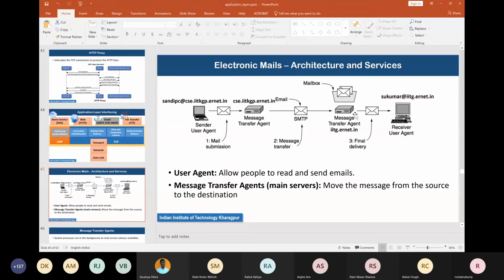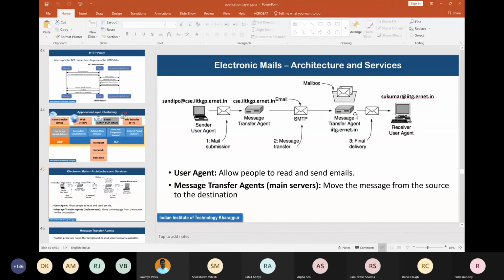The email has sender and receiver email addresses, but it does not have any IP address of the receiving machine.